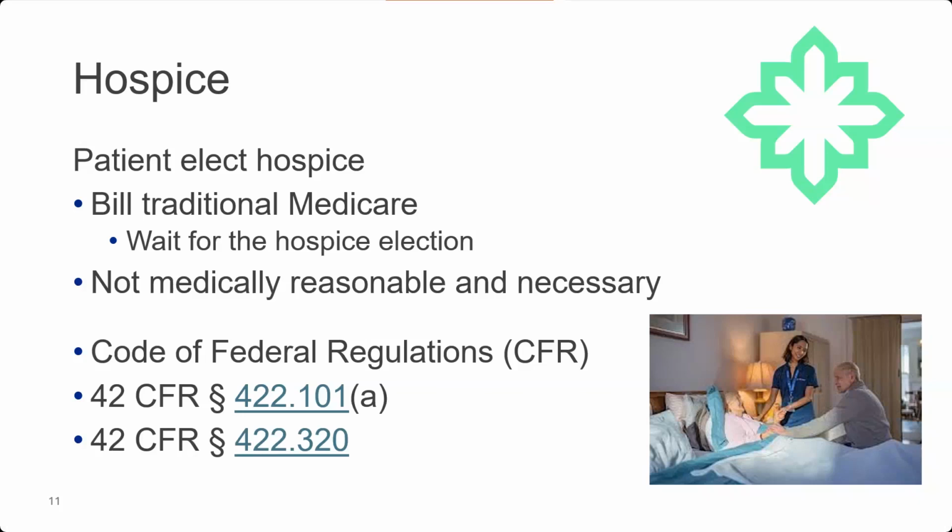Oh, and I also see that someone said it was condition code 07. Thank you. So on a UB04 or 837I, it's condition code 07 if the entire claim is affected. Otherwise, modifiers GV and GW. So we went in a little bit. We pulled some federal regulation areas for you to take a look at if you're interested. Hopefully they will help you determine what you need. So very, very important for that.